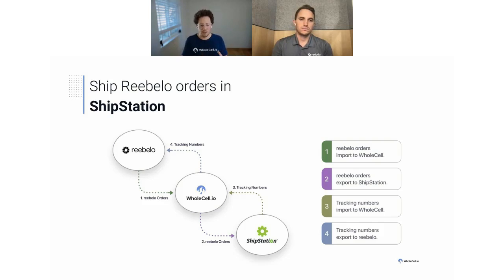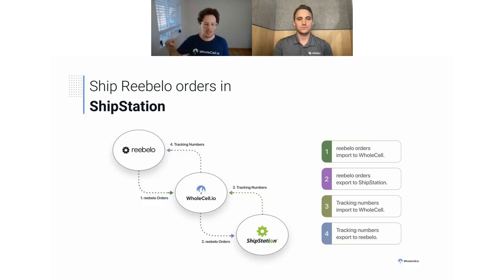So you can have your tab open with ShipStation, print your shipping label for that order, and your team at this point is probably, we have different customers that process this on either side. Some of them will pick the item before they print the shipping label. Some of them will pick it after. If you've got any questions for me about those workflows, let's get on a call and I can share how we'll set you up and what our best practices are. But in essence, between step 2 and 3 that you see on this diagram, you're probably picking the device and then printing the shipping label in ShipStation.